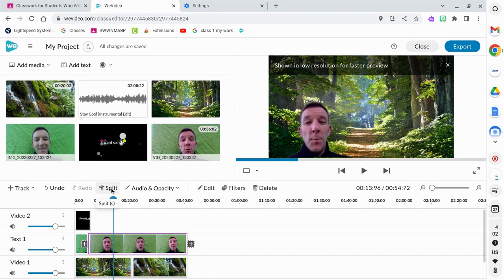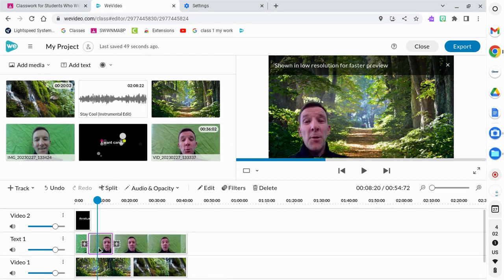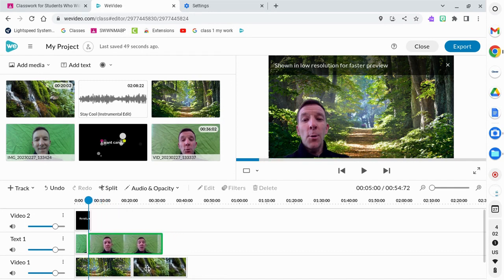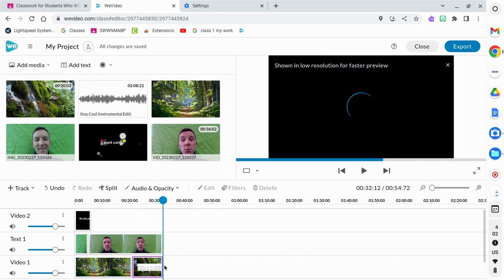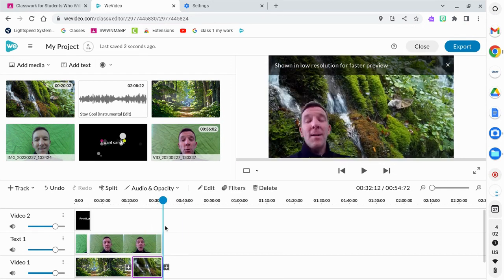Now I'm going to click split, select that part and hit backspace, and it goes away, and then I would drag this back over, and then you need to shorten everything else. For that,